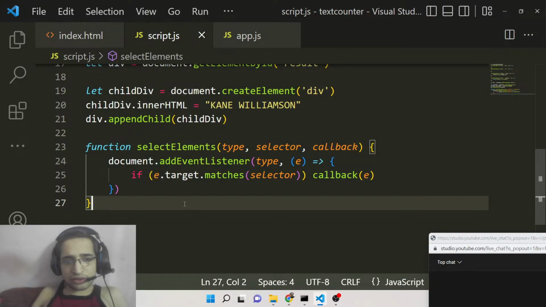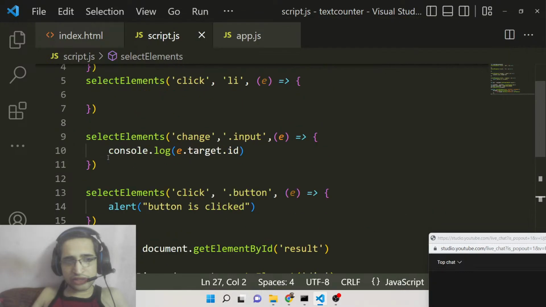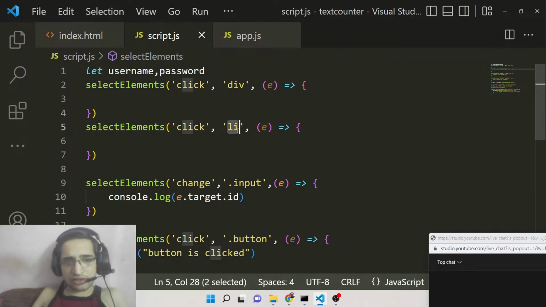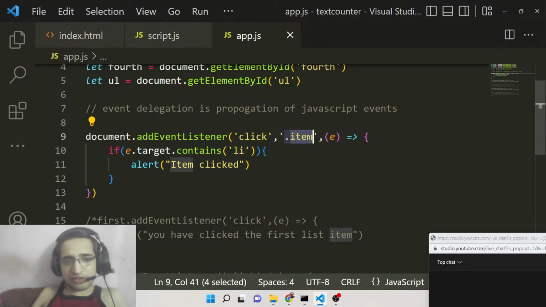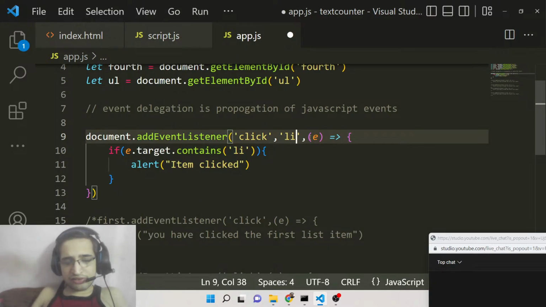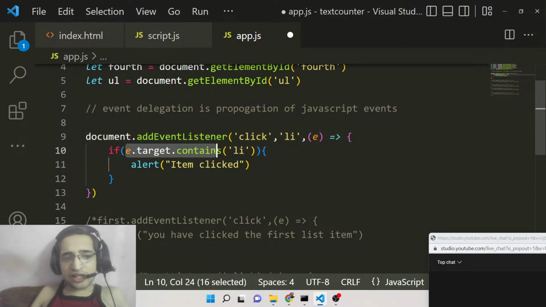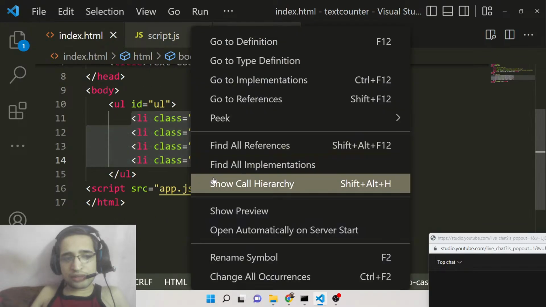Let me see. e dot target dot matches the selector name. We need to give the selector name. The selector name is li. So here, guys, what we can say is that we can pass the selector. We need to attach to all the list items here. So we will say e dot target dot contains li. So if you now refresh the application,